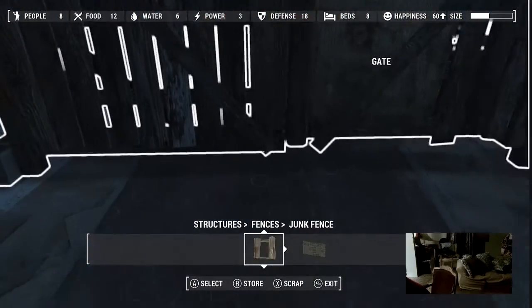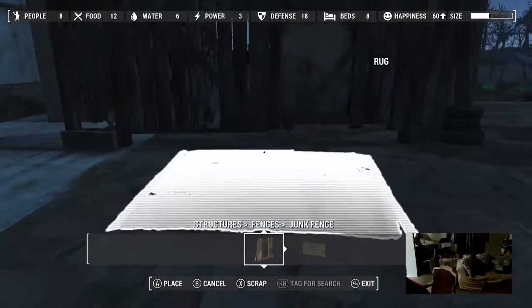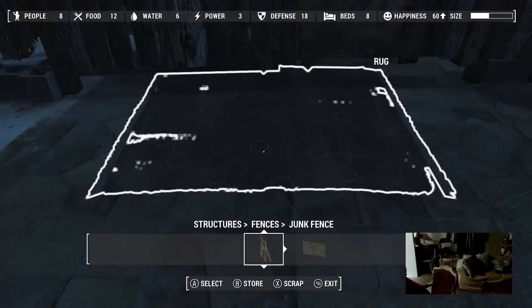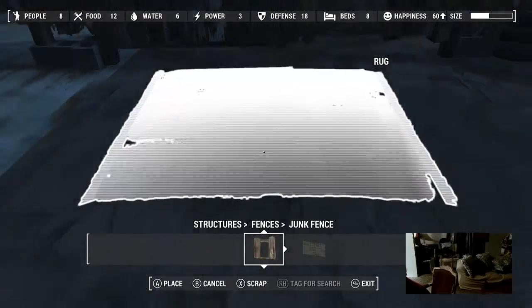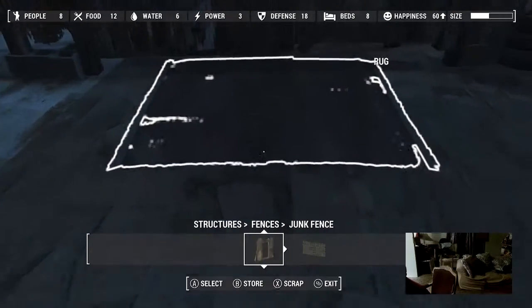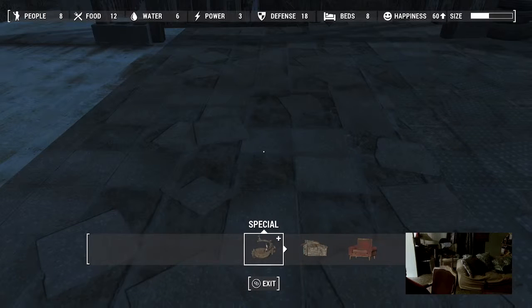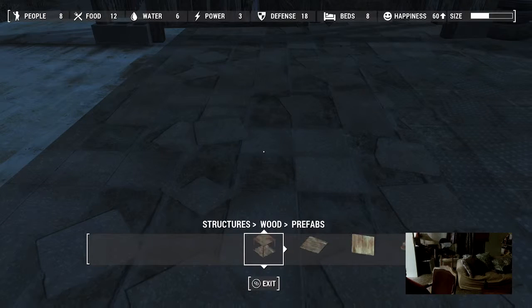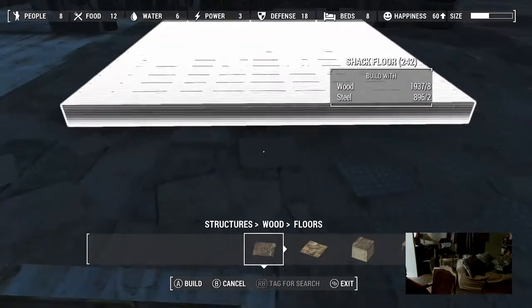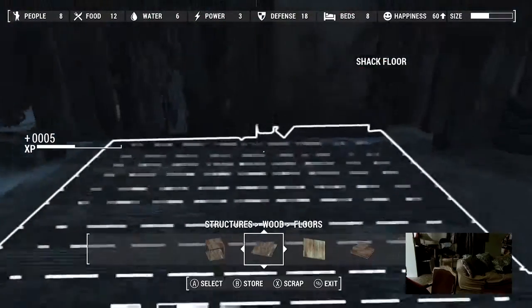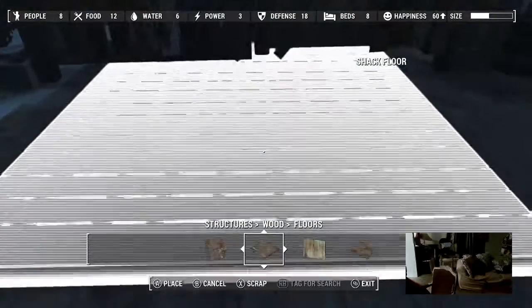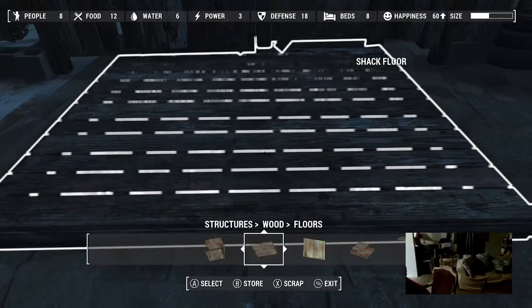We will try this method on it. It's a little bit trickier. Yeah, that's right. We don't use that for this. We gotta use a floor piece for this one. And for this one,